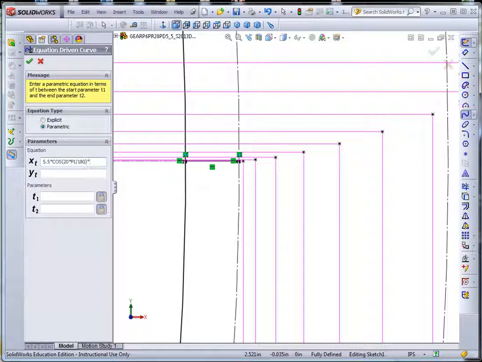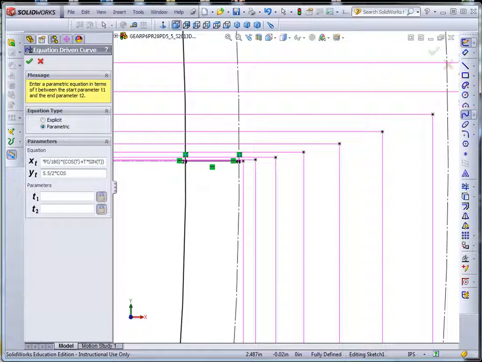Now we have to multiply that times cosine of t plus t times sine of t. Okay, and then the y value, same thing, 5.5. And actually I forgot that it's going to be divided by 2 because we want the radius. Divided by 2